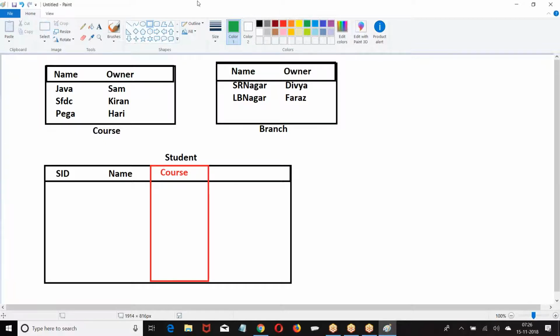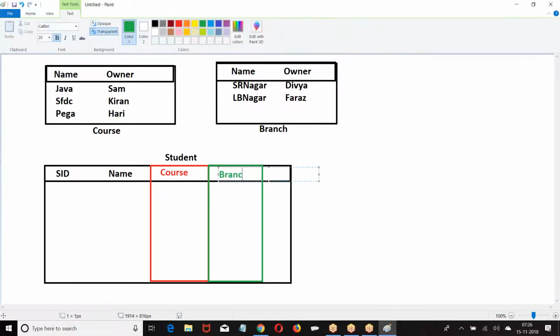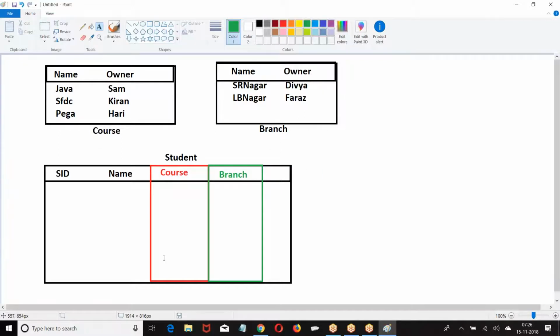That is the reason we are going for the next. This is how we have taken. Course object was master detail, branch as master detail. What is the first master detail field I have created?